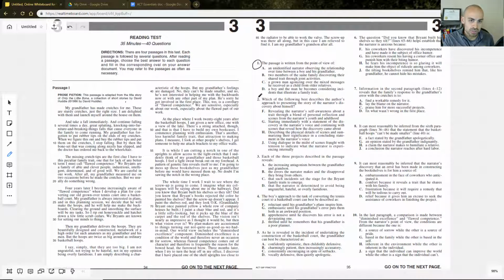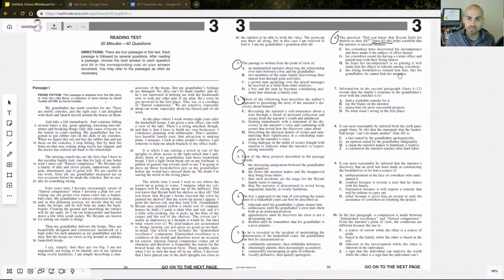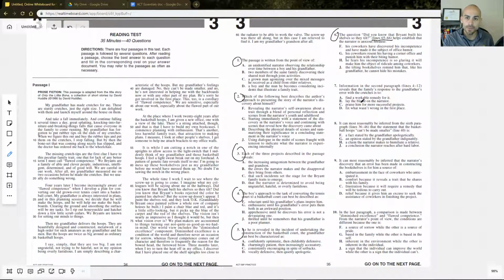So I'm actually going to skip all of these general idea questions and wait till I hit something like number 6 that's asking me to go to specific parts of the passage, line 65 to 66. So I want to read this question, the possible answer choices, and then dive in.